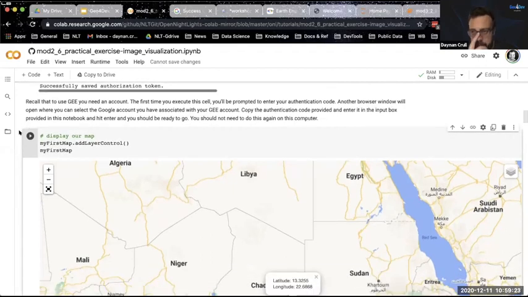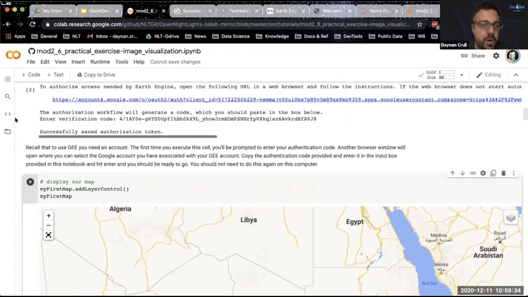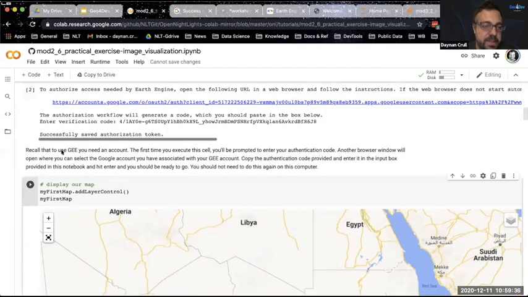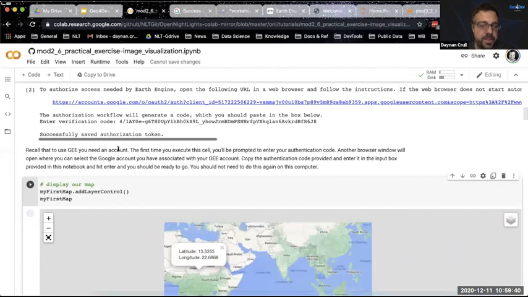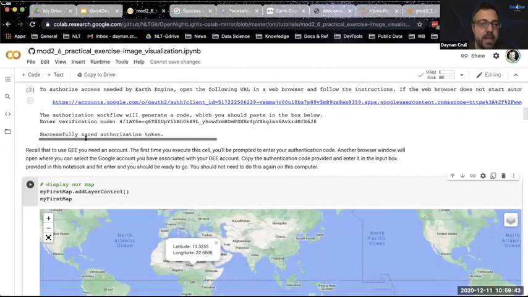So just to recap briefly, we showed the Google Earth Engine editor before. And because that's useful if you're actually working in the editor, what we can also do is much of the same functionality, but this time in a Python notebook. And as you can see, we've just displayed a map for exactly that.